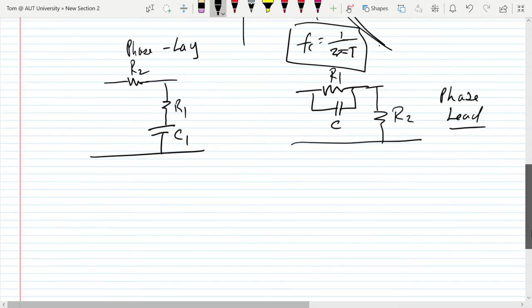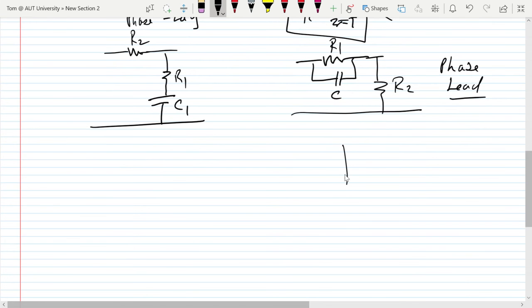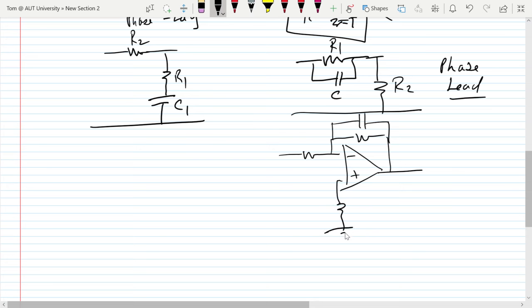And combinations thereof, or we can have active filters if they're first order. I'm only going to be looking at very simple filters here. I'm not looking at Butterworth filters, although we can do that quite easily once we understand the basic theory. So this is a first order filter, an analog one, that sort of